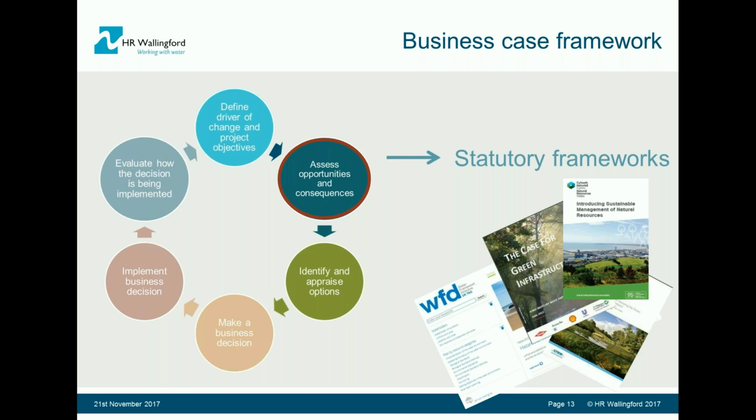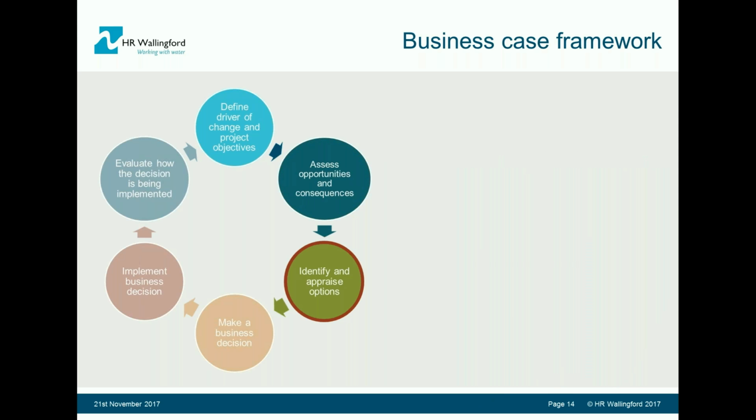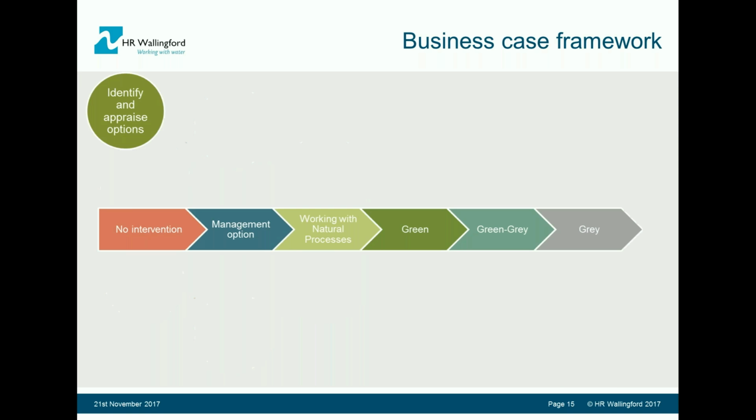The second step, opportunities and consequences. Clearly here we can imagine that there are many guidance documents that we can work within. There are policy documents such as those listed here, and also statutory requirements to actually try to move towards a greener world. And then we can think about identifying and appraising the options, and here a fundamental cornerstone of our approach is